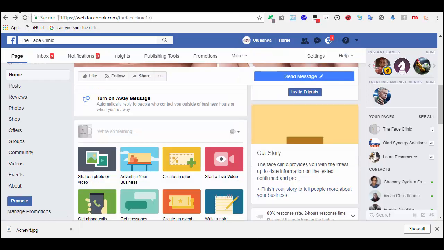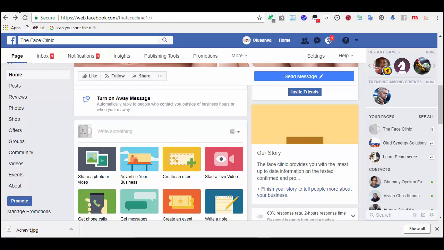Now back to the main thing. Now I want to promote a physical product. How do we promote our physical products? There are two ways. Number one, you can use videos, and number two, you can use an ordinary image. But for this tutorial, I will be using an image to promote it, but I'll just show you briefly how you can use videos too. I won't use the video to promote because I want to do a live promotion for you guys, and what I want to promote is not a video.